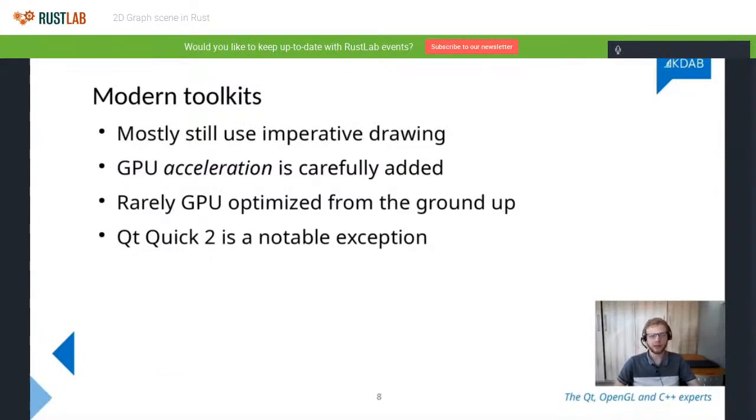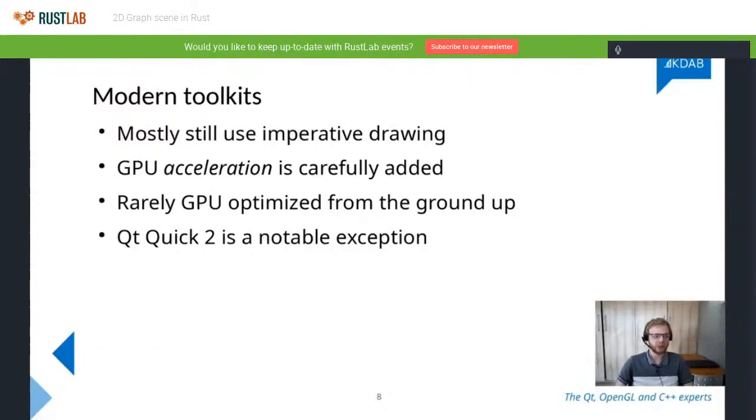So now the question is, how do modern frameworks work, now that we've discussed the traditional frameworks? And surprisingly, many of them actually still use imperative drawing. At least, I think the biggest example that I'm looking at right now for modern toolkits is probably Flutter. Flutter is becoming very popular right now, and I think it's very modern because it has only recently started. I'm not actually aware of any other major up and coming framework right now beyond Flutter, which is popular.